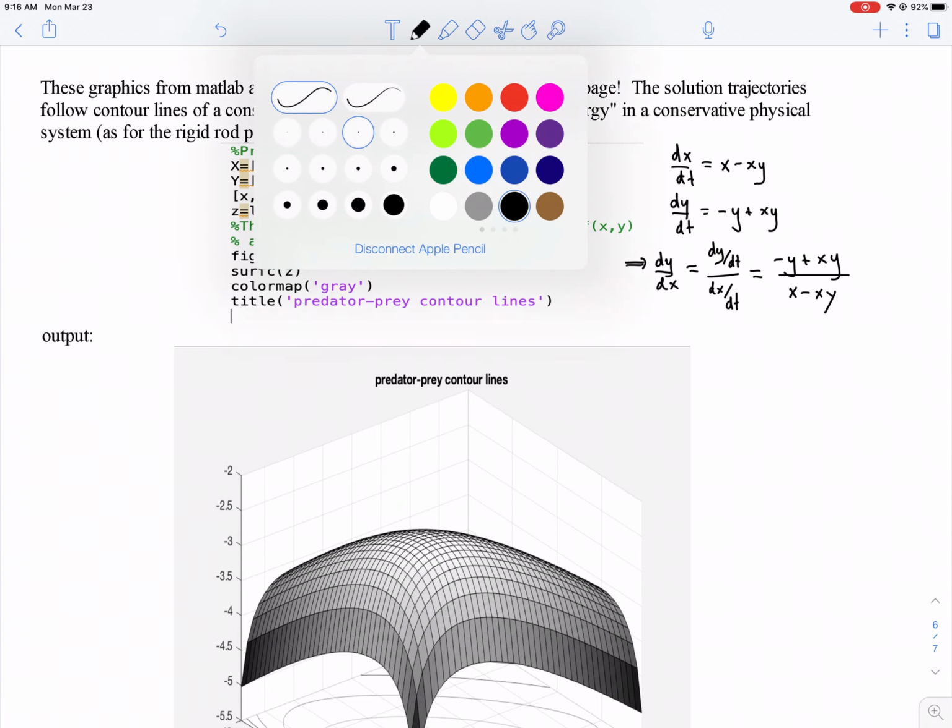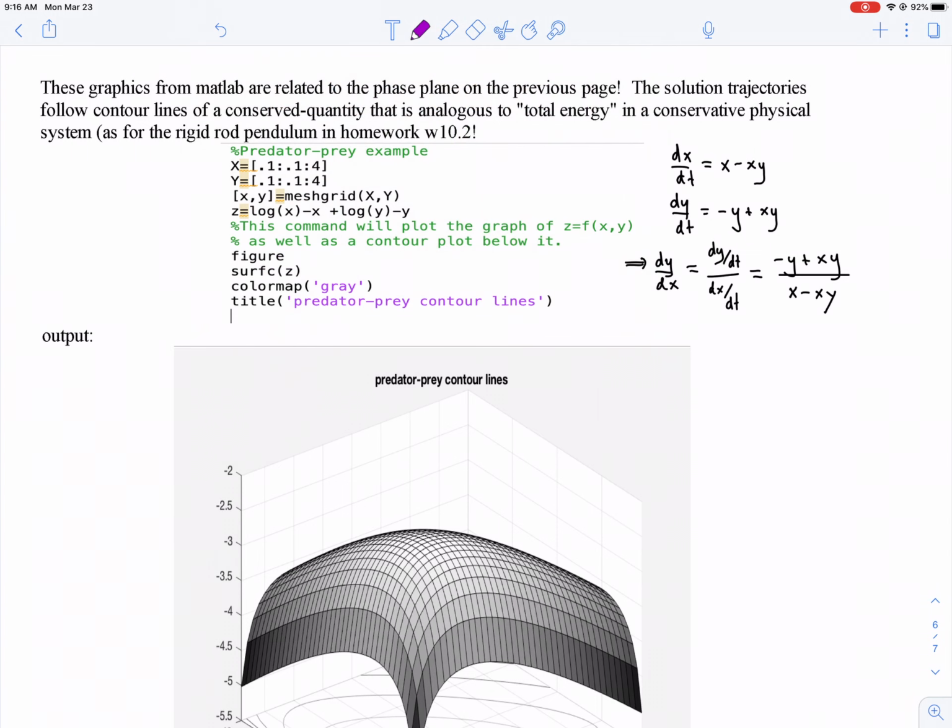Our warm-up exercise was to solve dy dx equals minus y plus xy over x minus xy. And the implicit solutions were